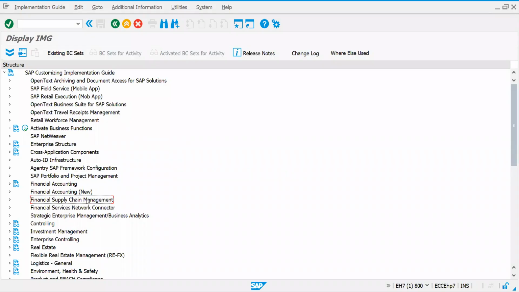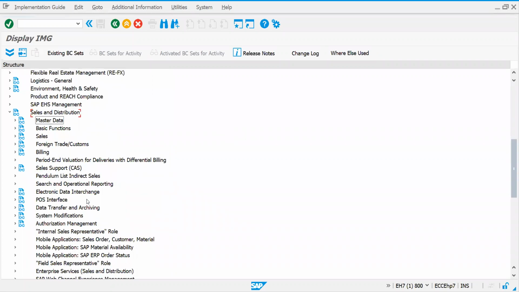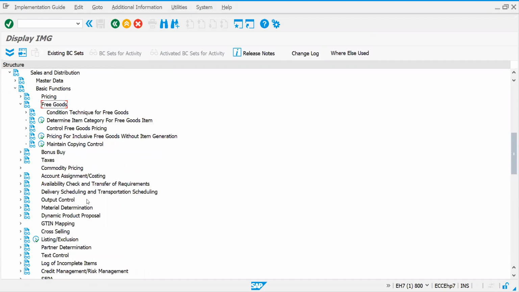If you get back to the configuration of Sales and Distribution, go to Basic Functions, and within that, after Pricing, you will find the Free Goods configuration. Your free goods will be determined based on the condition technique. How the condition technique works, I already explained while determining your pricing.